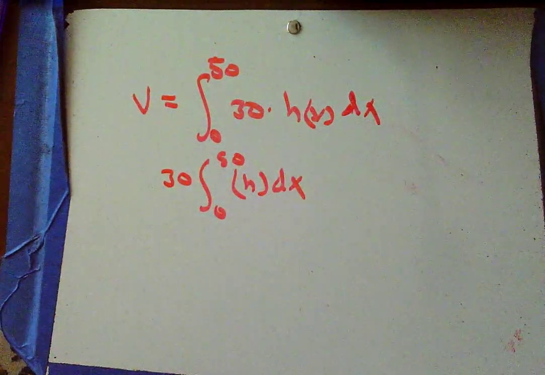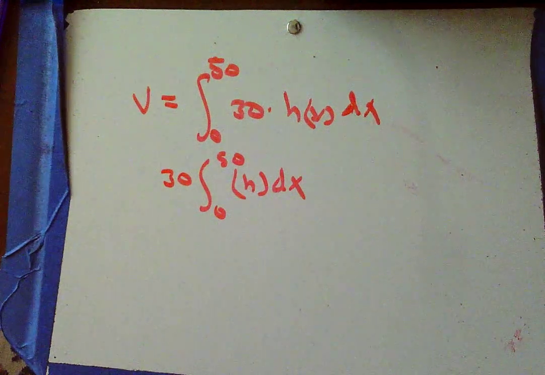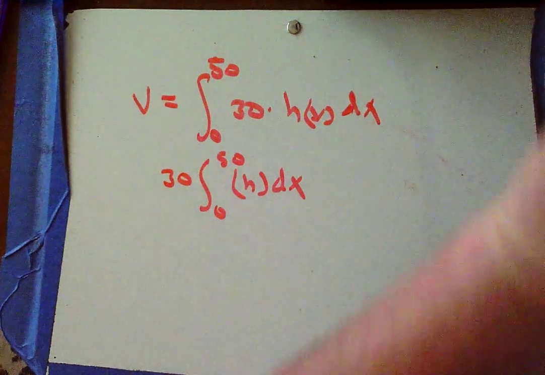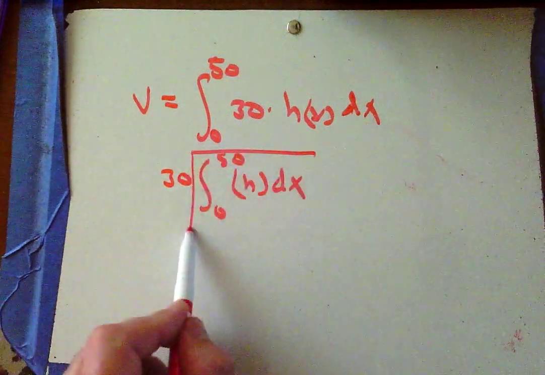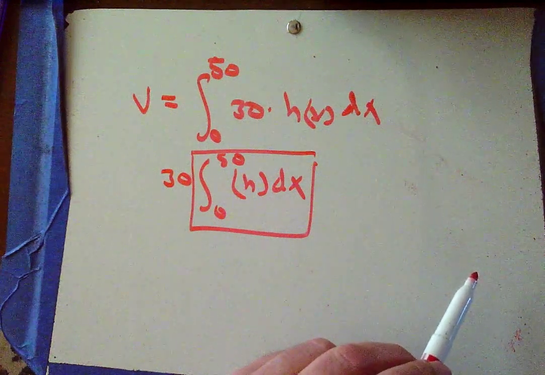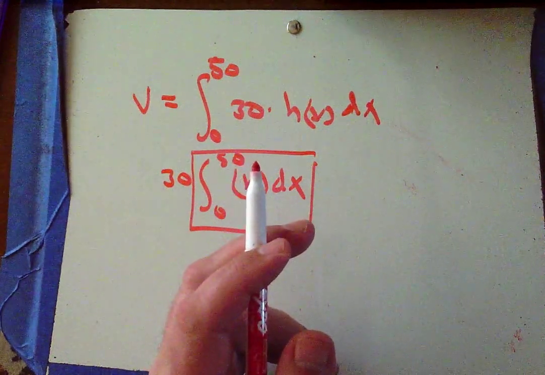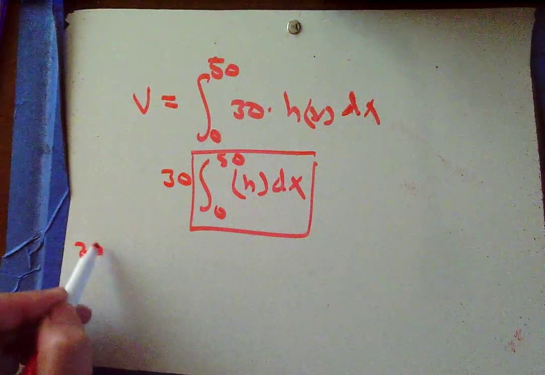They say estimate the volume of the water using a trapezoid sum with n equal to 10. Oh, okay. Well, I pulled that out. I'm going to use my trapezoid rule on this. I see that the subinterval width is always the same. It's always 5. And so I think I can write 30,